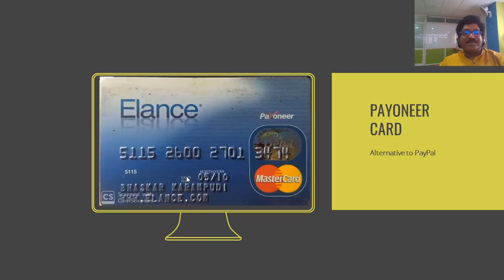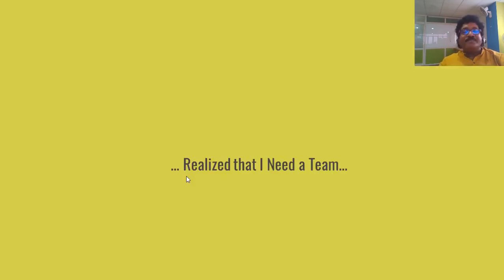This is my card. I just scanned it, put it up online for you to see. I set up my Payoneer card. The advantage of Payoneer card is that it works like a debit card. You can use it anywhere in the world. Walk up to any ATM, insert the card, type the amount in your Elance account, cash comes out. That's it. Based on the country you reside in, based on the country you withdraw money, the currency will be in that country's currency. Wonderful.